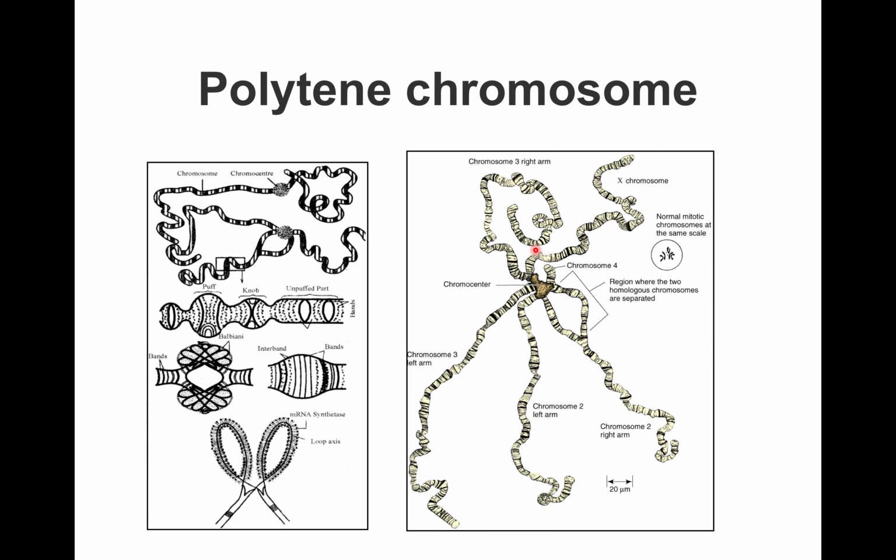The morphology shows a series of dark transverse bands, which means higher coiling of chromonemata, and they alternate with the clear zones called interbands, which have low coiling. Here you can see the darker one is a band, and the lighter one is an interband. In the band region, the darker one, 85% of the DNA is present, but in the interband, the lighter one, there is only 15% of the DNA.